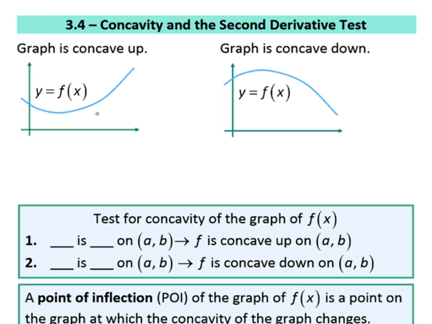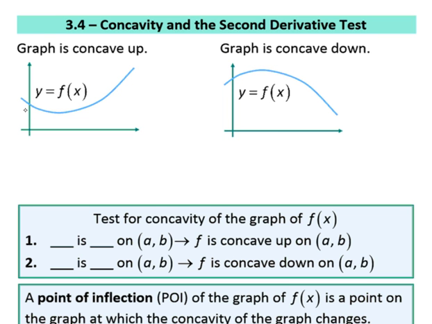So in this first example, you see that the function is completely concave up. Concave up like a cup, because it holds something. Then we have concave down over here in the second example, like a frown. So if I'm completely frowning, then we are concave down. All right. So when we talk about concavity, you need to understand the concept behind it, not just